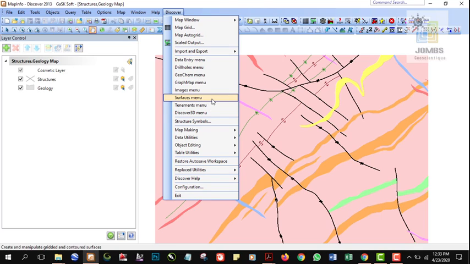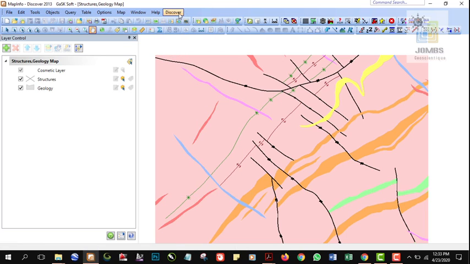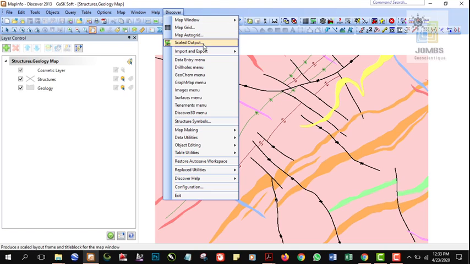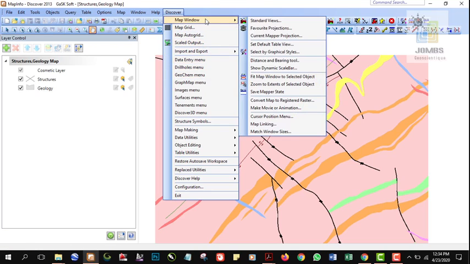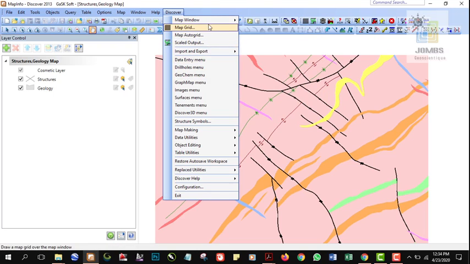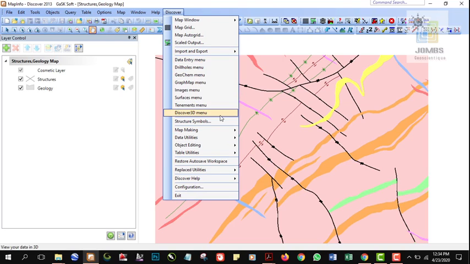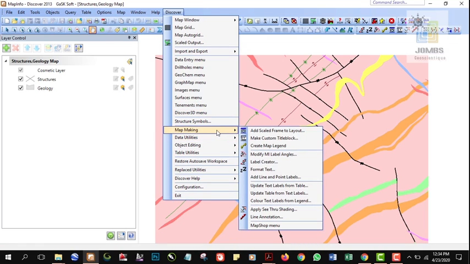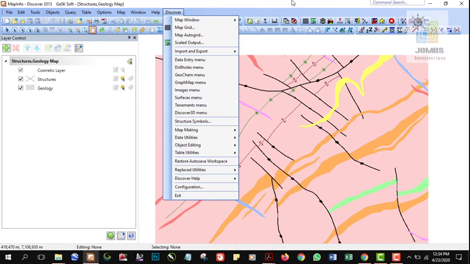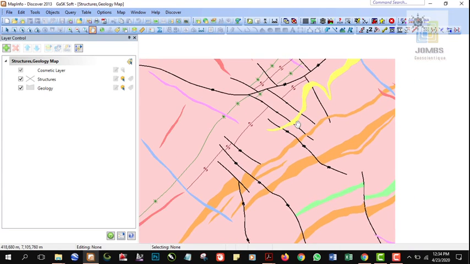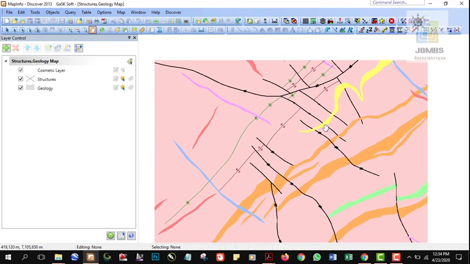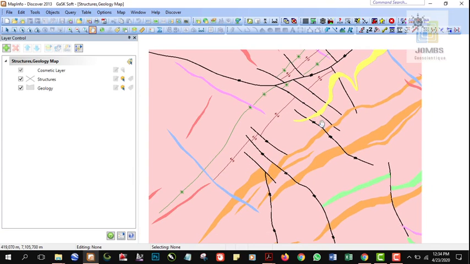So for the purpose of this introduction video, I'm not going to demonstrate every single tool of the Discover menu, but I'm going to demonstrate some basic tools in MapInfo Discover that used to be used by GIS users. Let's say you want to capture some specific area of this map, but before that,